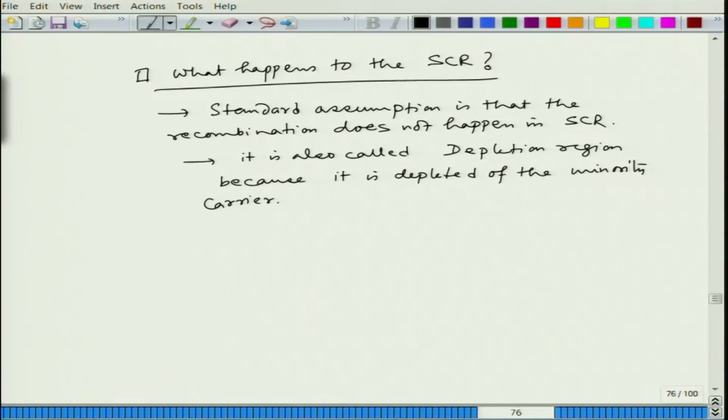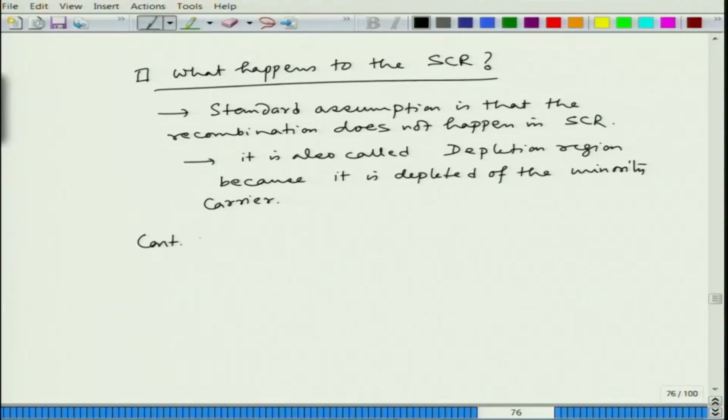Because you have a potential there, xi is not equal to 0, and all the minority carriers that come into that space charge region will be sucked into the other side, right. So, that is why it is called a depletion region, and if you have a small number or no minority carriers, how can recombination happen? So, even the recombination term you can neglect from the continuity equation. Now, if we look at the continuity equation,